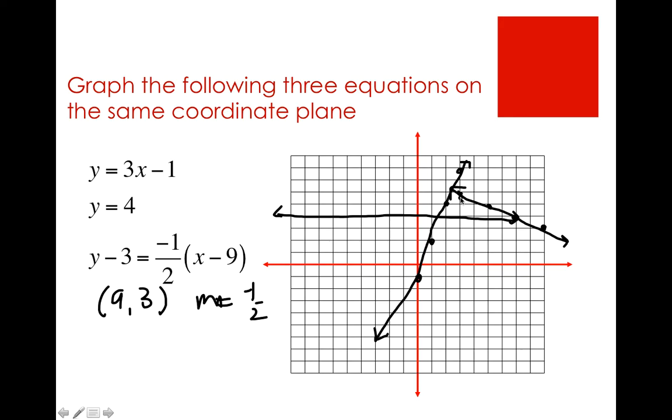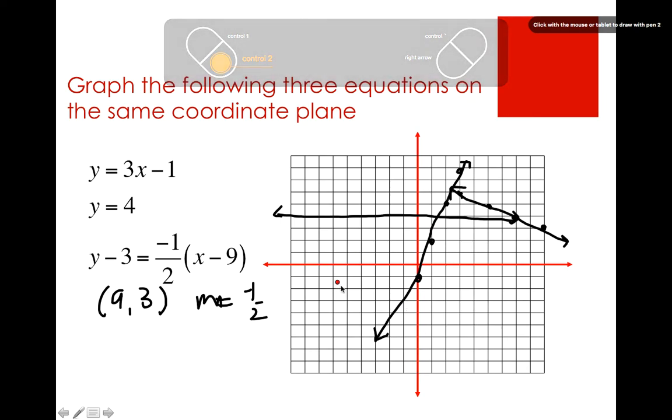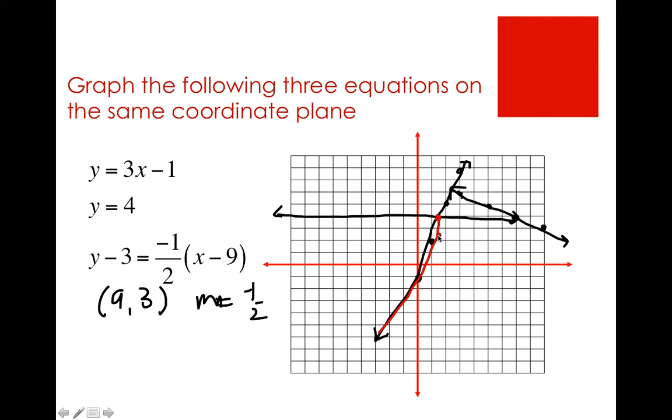Now, if I look at these three equations collectively, they are not a function. But what I'm going to do is use pieces of this function. So I am going to use this piece until I get to that point right here. Then I'm going to use this function till I get to this point. And then I'm going to use this piece of it. And now this red line is what we call a function, passes the vertical line test, but it's made up